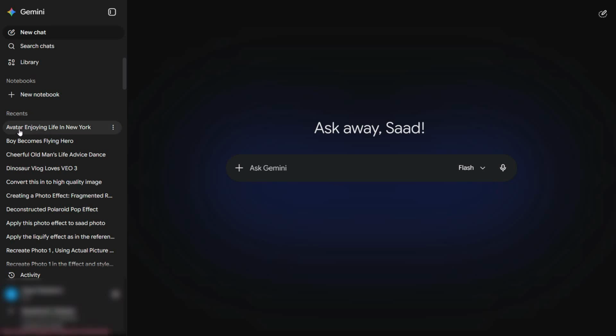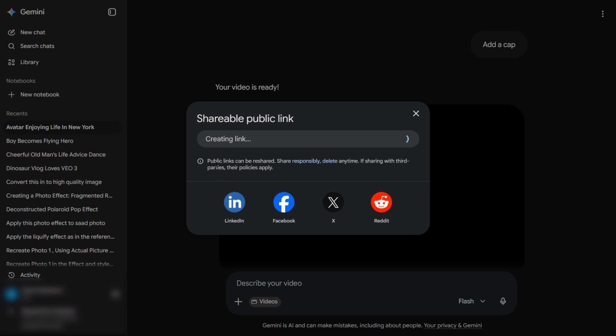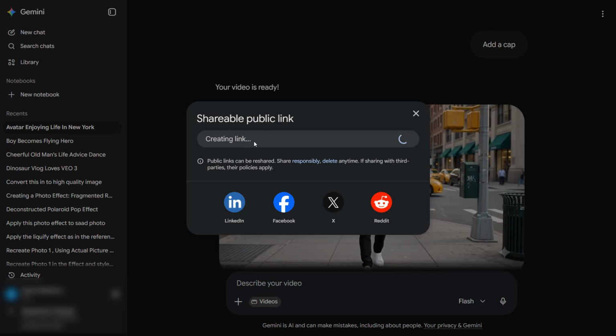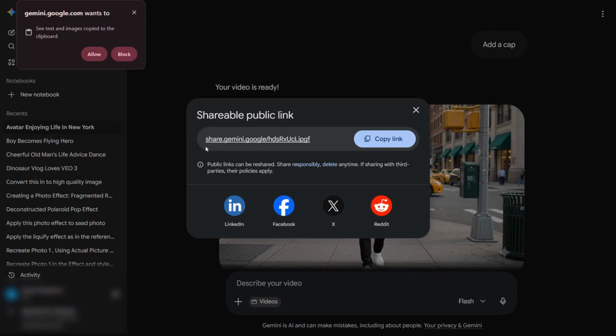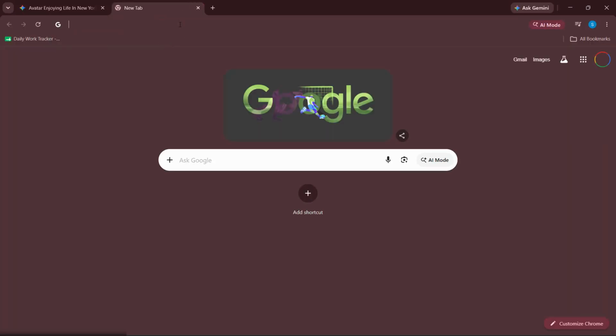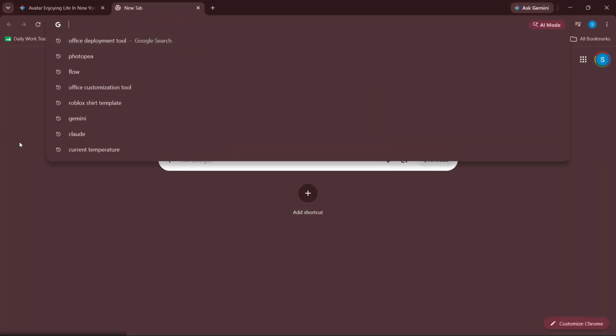What you have to do is just find that chat, and next to it is this three dots. We click on that and you immediately get an option of share conversation. We click on that and it will create a shareable link, and it will also copy that link in the clipboard. After that, if you want to share it with someone on, let's say, WhatsApp or any social media website,